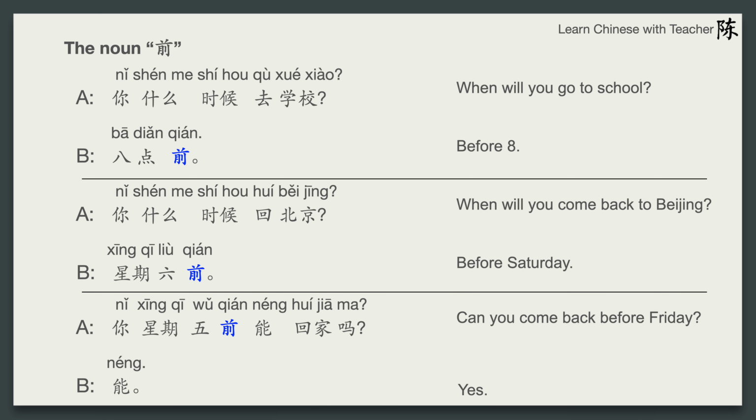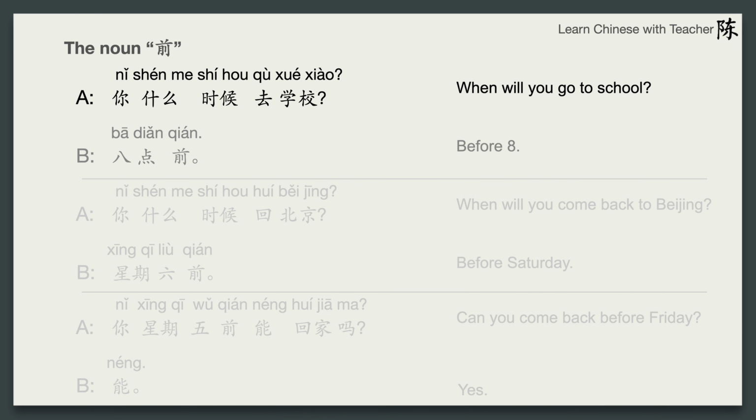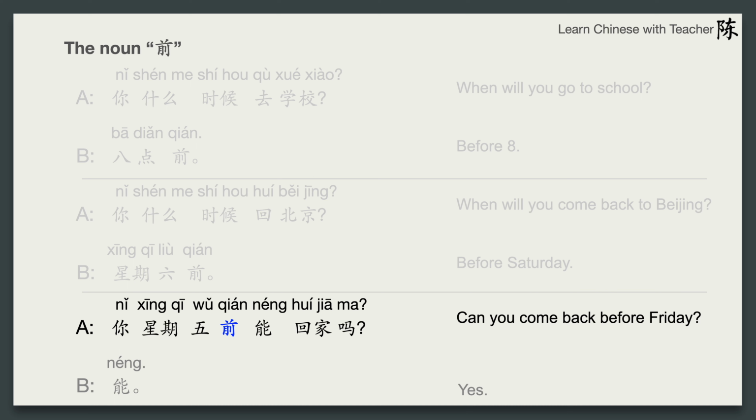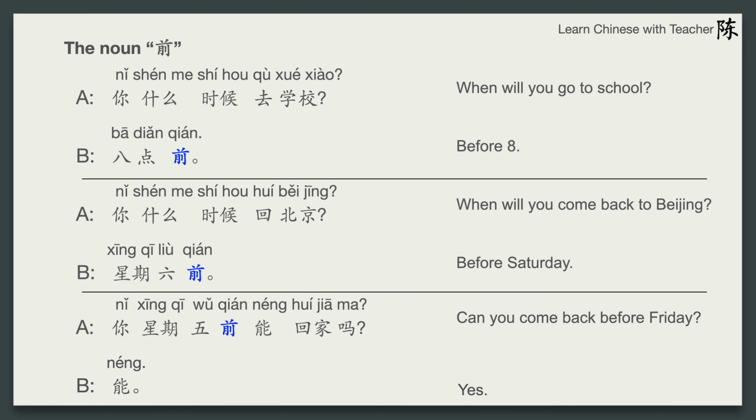Here are some examples of how do we use 前。请跟我读。你什么时候去学校？8点前。你什么时候回北京？星期六前。你星期五前能回家吗？能。